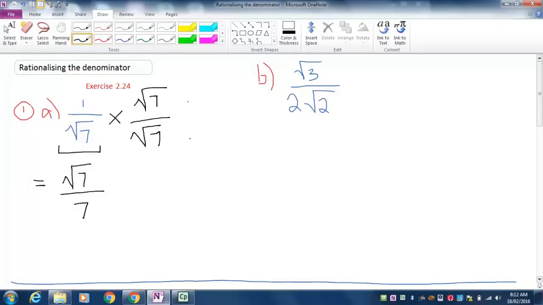With part B, it's quite similar, but we have a 2 root 2 on the bottom. Now we can multiply the top and bottom by 2 root 2, but we really only need to take that irrational part. So if we multiply this by root 2 over root 2, on the top we get root 6. Root 3 times root 2 gives me root 6. On the bottom,